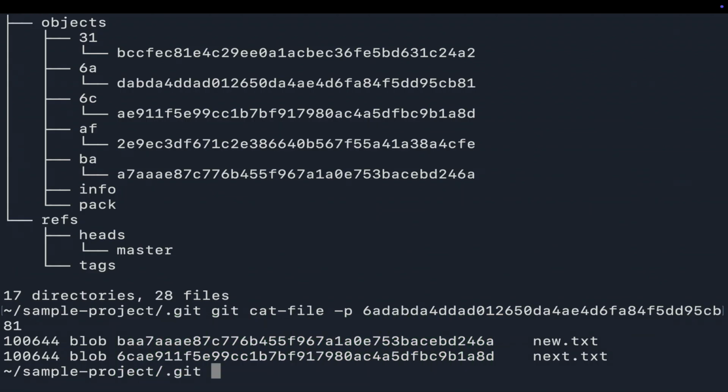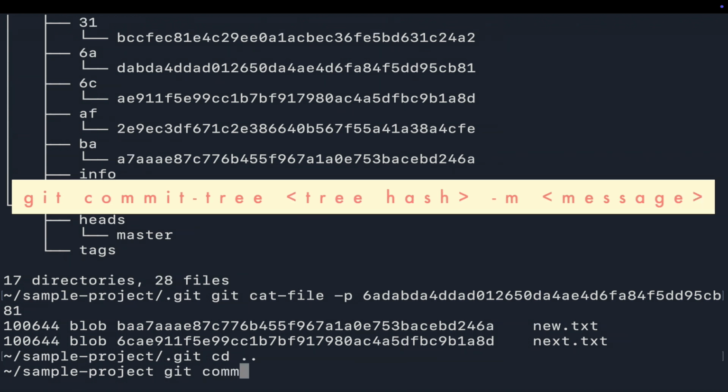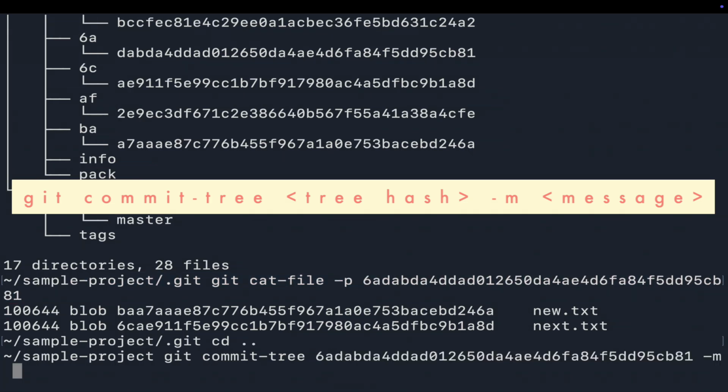And now the next command we have to run is git commit-tree. After this git commit-tree, we have to specify not the version, I mean we have to specify the hash of the tree object, so that we can say you want to create the final hash from this tree object. So we are specifying the hash of the tree object, and then we are giving a message, creating second version